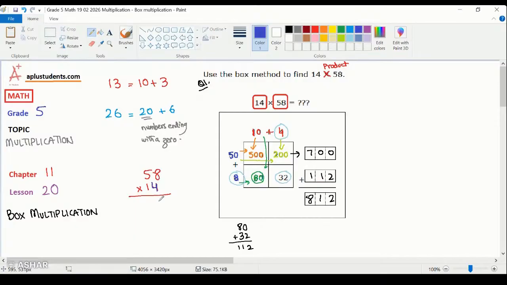4 multiplied by 8 was 32, right? So we write a 2 and we carry a 3. 4 multiplied by